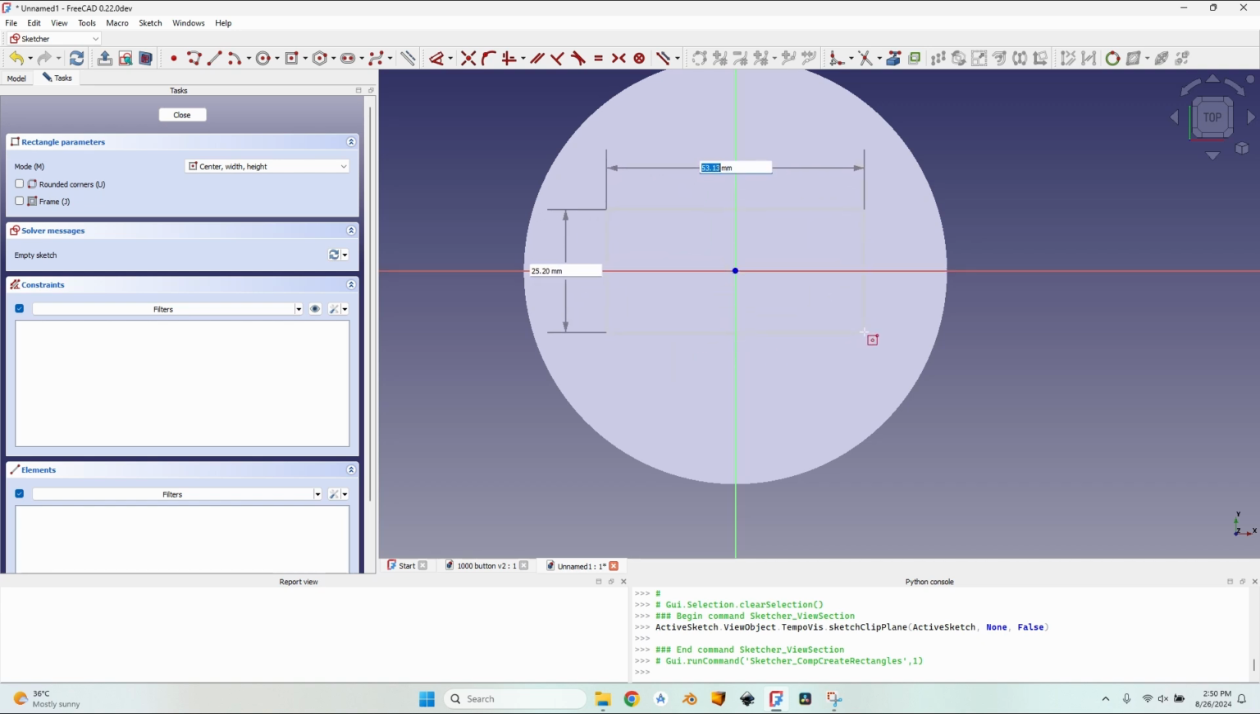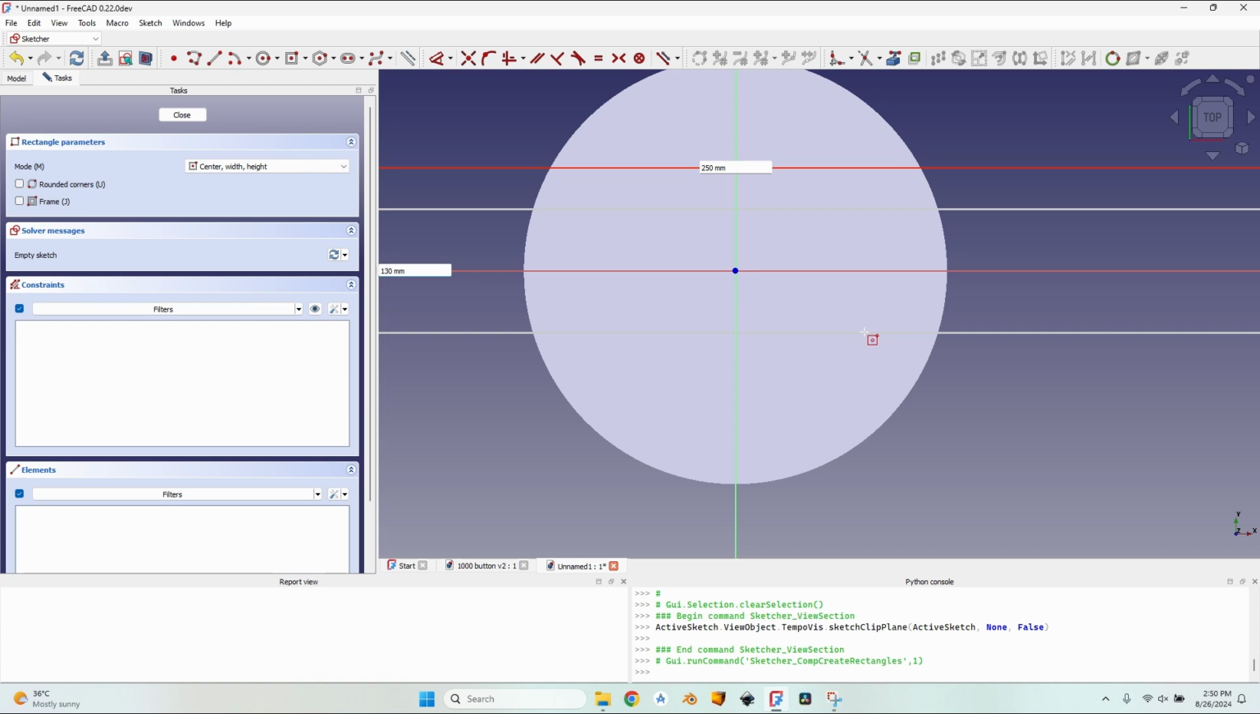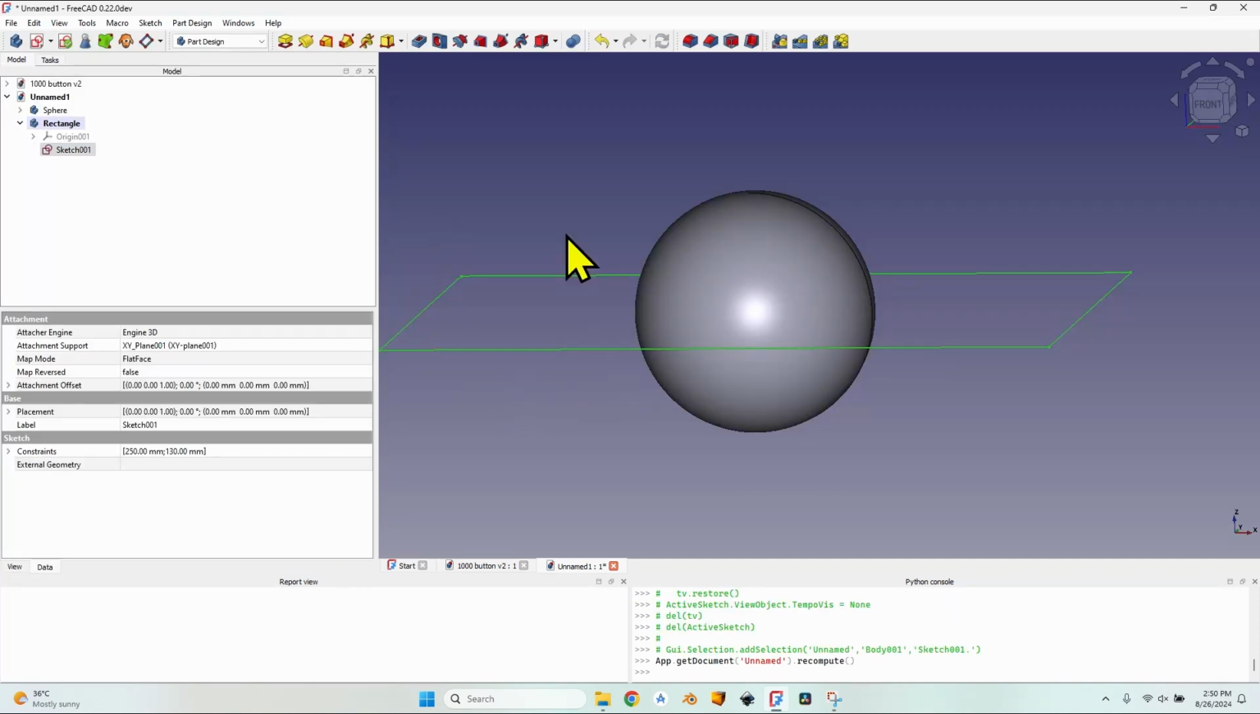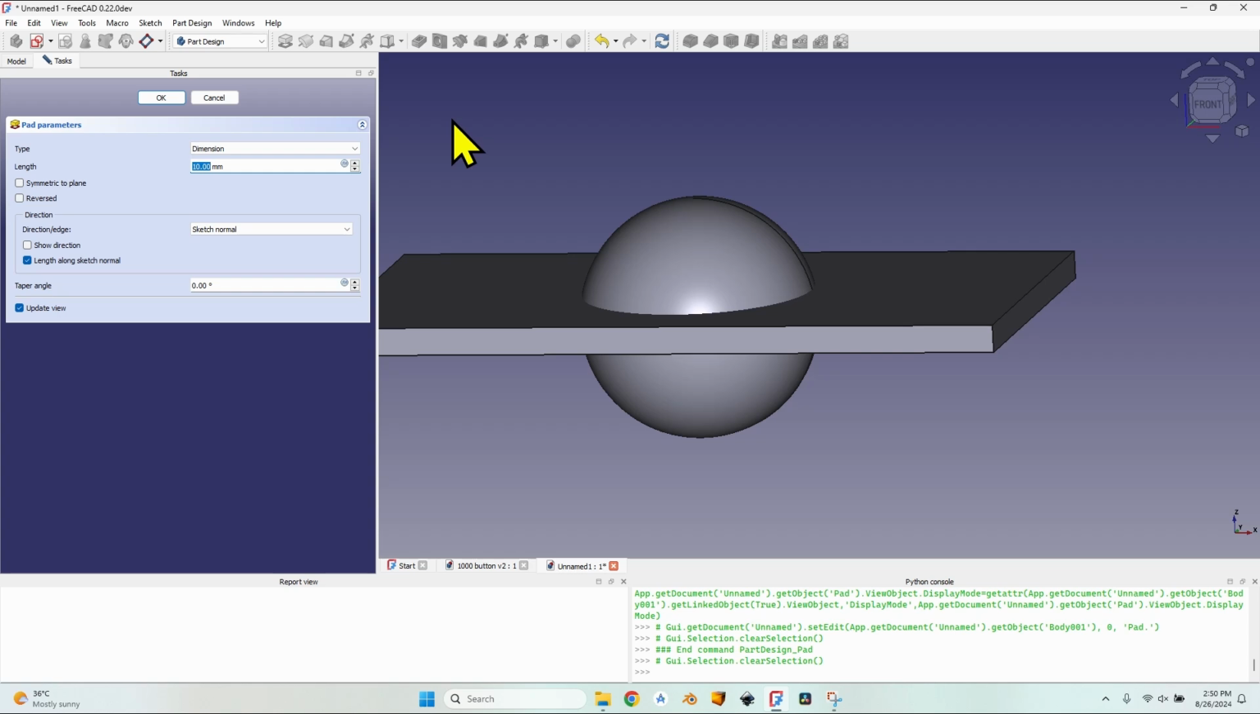So I will create a rectangle. Let's give it some dimensions. For my sign I have been using 250 millimeters length and 130 width. You can see it's pretty huge compared to the sphere, so let's close this, pad the rectangle for 35 millimeters,